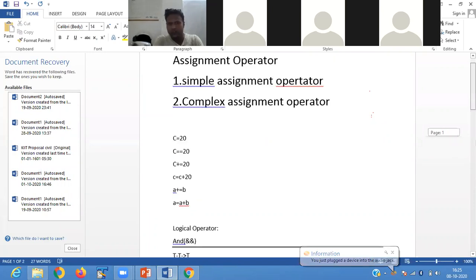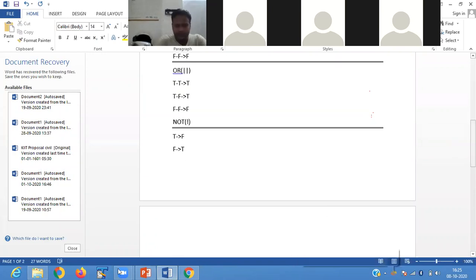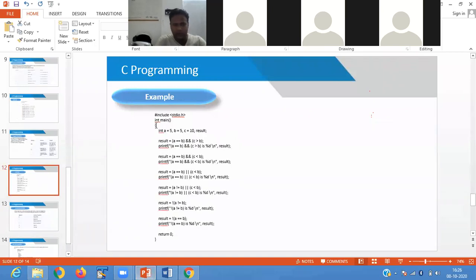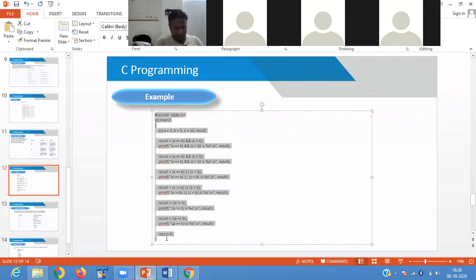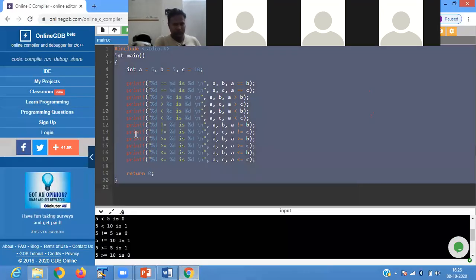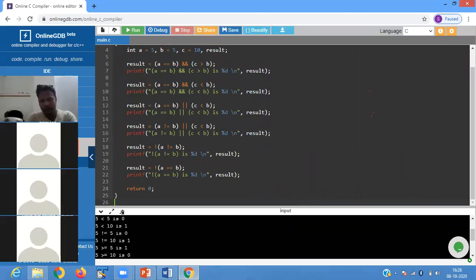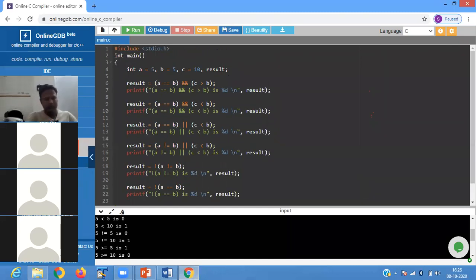So it is called your logical operator. Now we go for the example. int a equals 5, b equals 5, c equals 10.